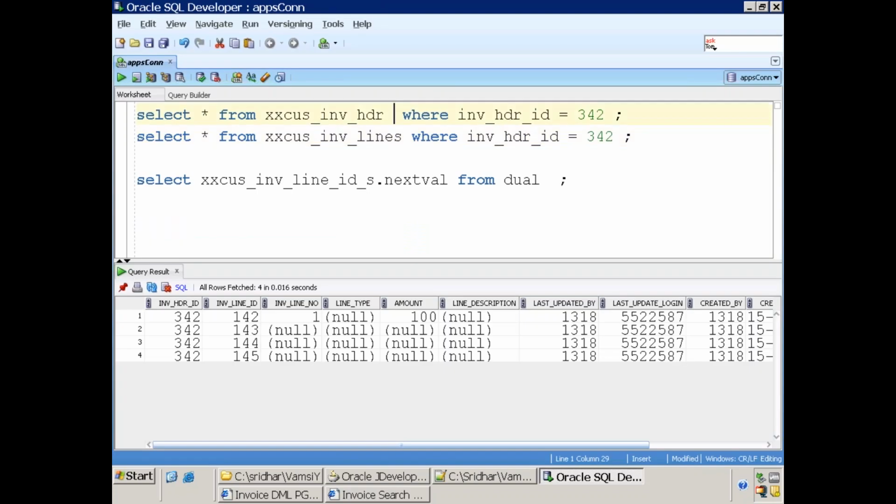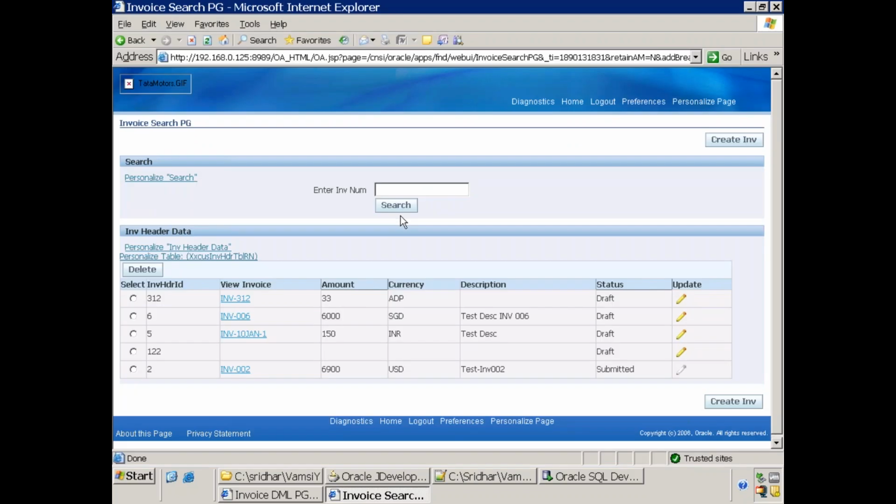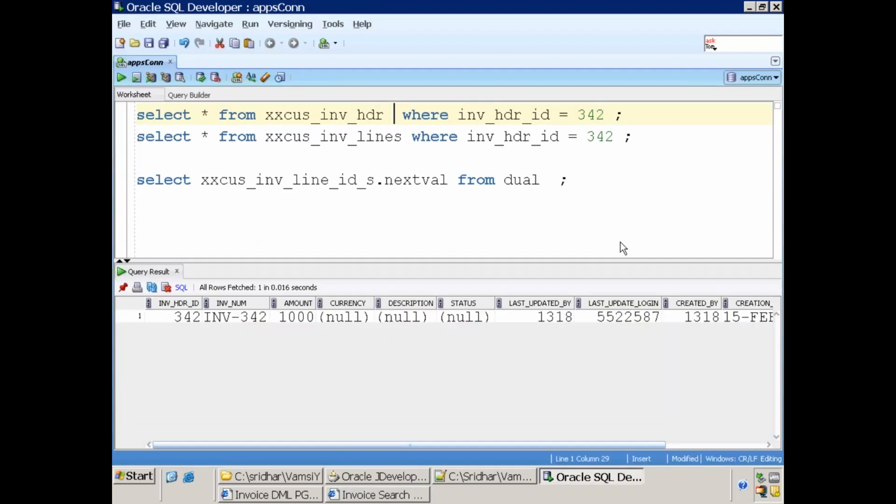It is there in the database, right? 342. Okay. The reason is we joined with a lookup, right? Remember? Yeah. So that, draft. Okay, that's the issue. We can just try